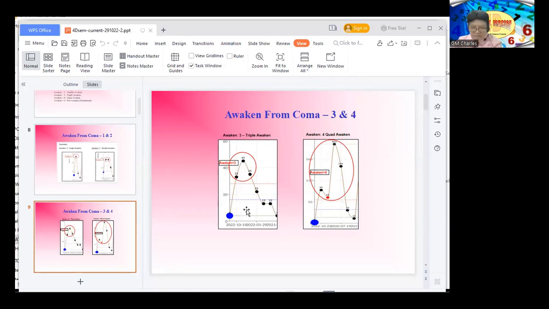So when you see a triple coma, once the interval is in range, you can start buying already. Okay, then we come to the Awaken 4. This Awaken 4, in the whole database of 4D numbers, is the only one so far we discovered. Only one. So that's why I say it's very unlikely that a number will come into